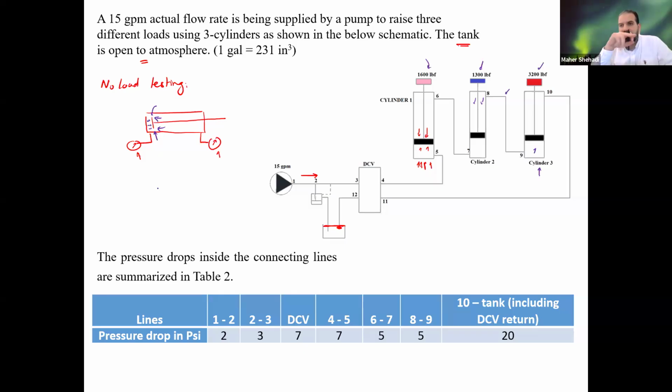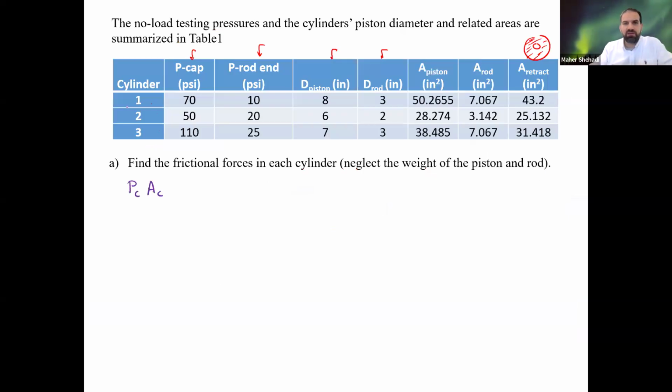The supply is coming here, and then this would go back to the tank. So the cap side area times P cap, minus the rod side area, the annulus area, times the rod side pressure. So P cap, A cap, minus P rod times the retract area, or the annulus area that we have here,